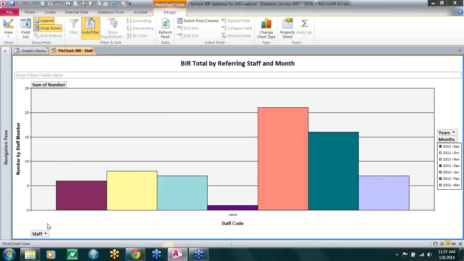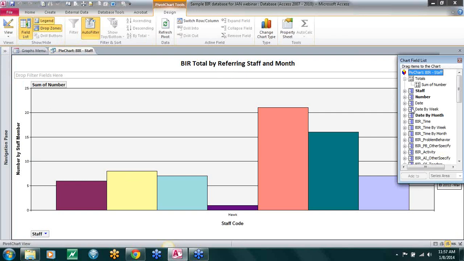This might be useful information for internal coaches to take a look at. What are the behavior incident reports that the individual teachers they're coaching are filling out and experiencing? This could be guidance for an internal coach to do some reflection around structuring certain parts of the day. So let's wonder if there's a certain time that Hawk is